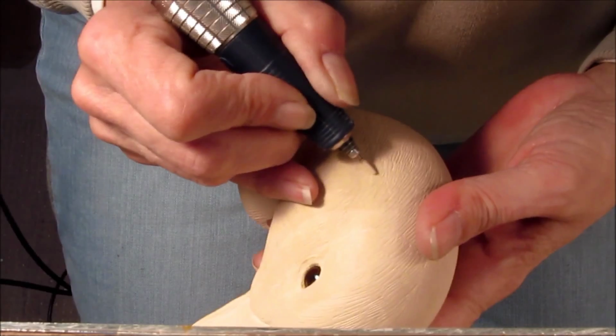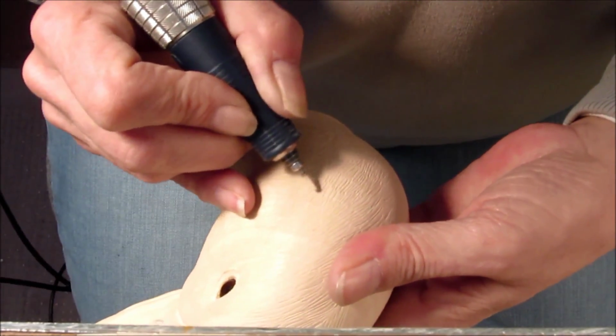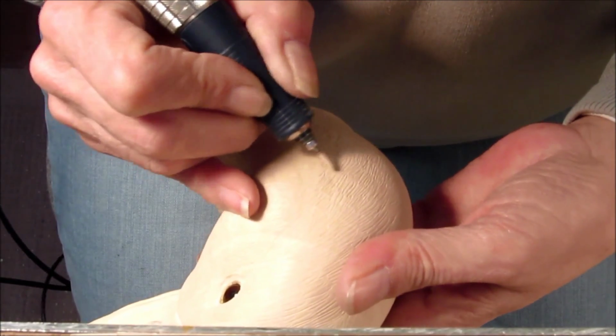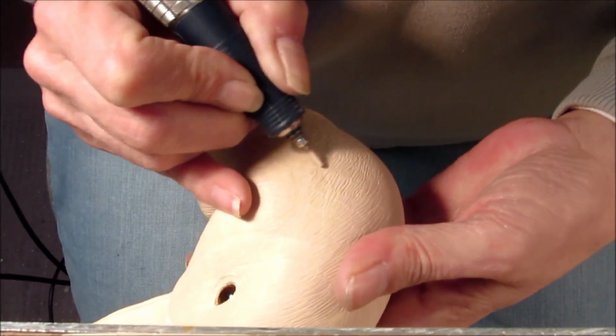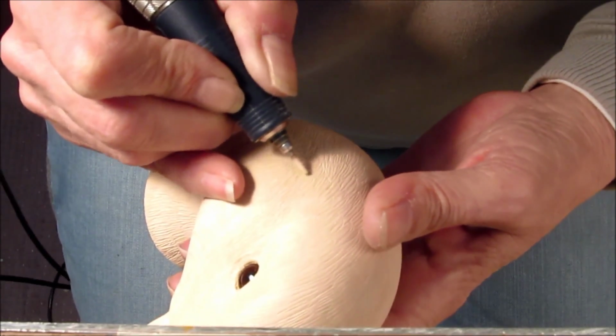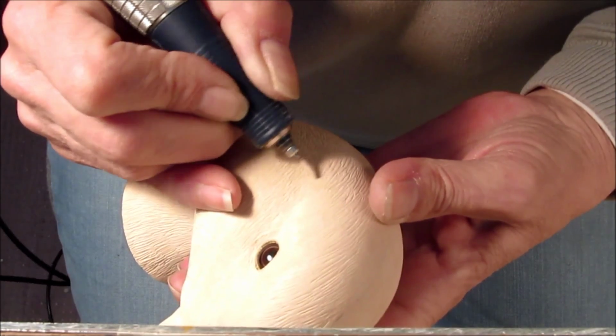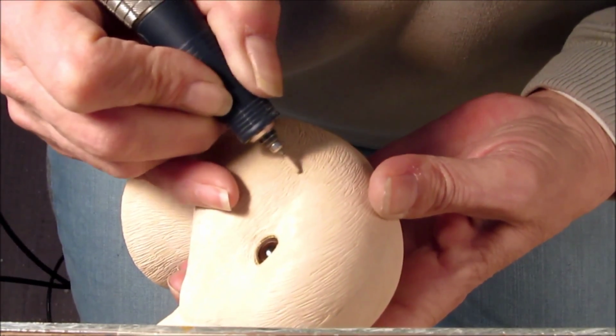Continue this on to the back of the head. You can see this area here needs to be more split up. These are either areas that I missed on the first pass or that were created by my reference lines. Just going in and